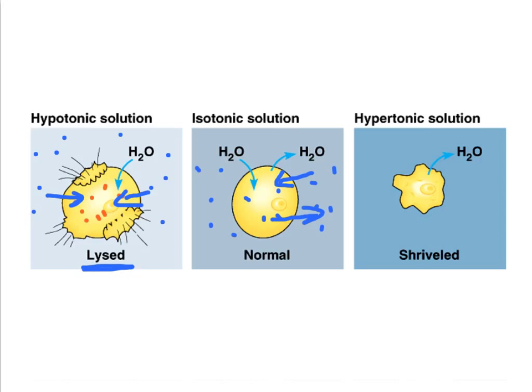There's a third possibility, though. What if your cell is placed inside a hypertonic solution? So that means more of the water is inside and less of it is out. That means more water will be leaving than will be entering, and the cell will end up shriveling and dying